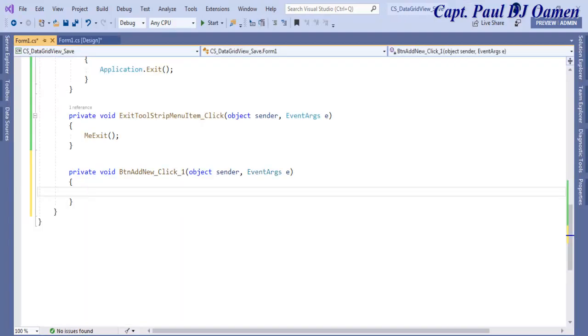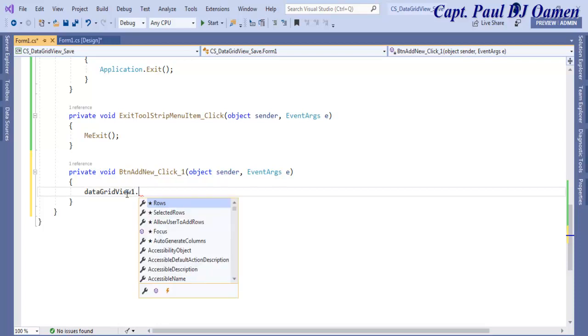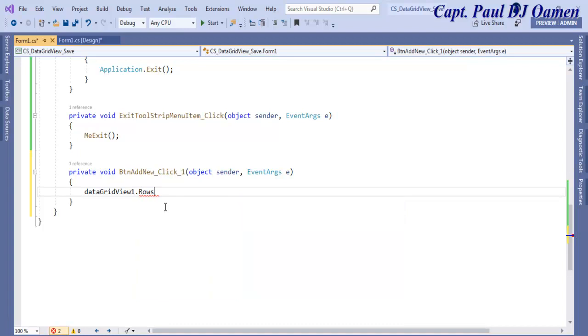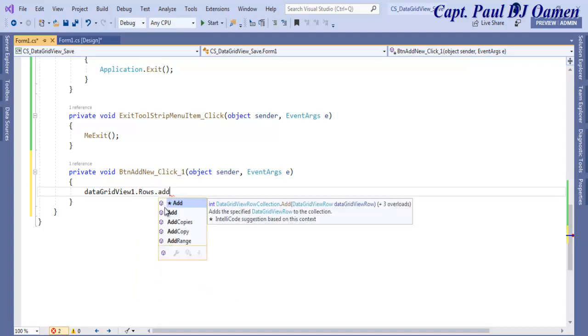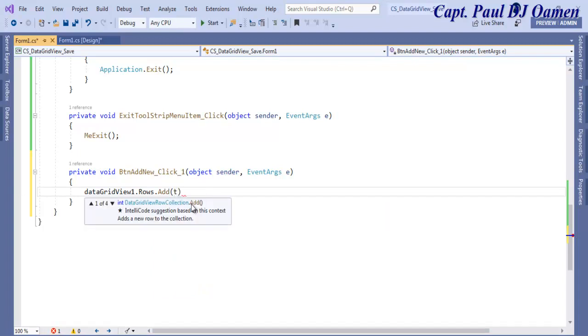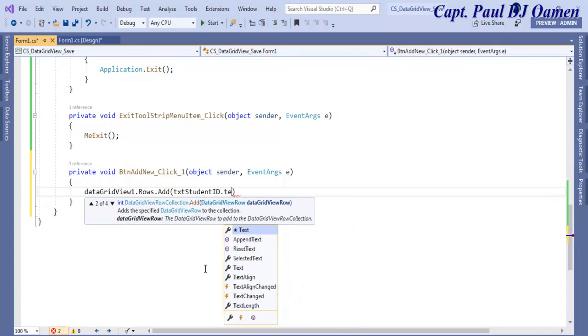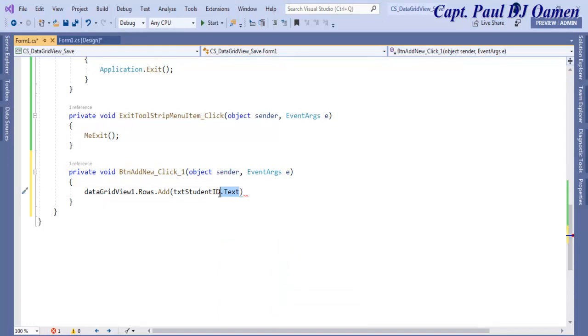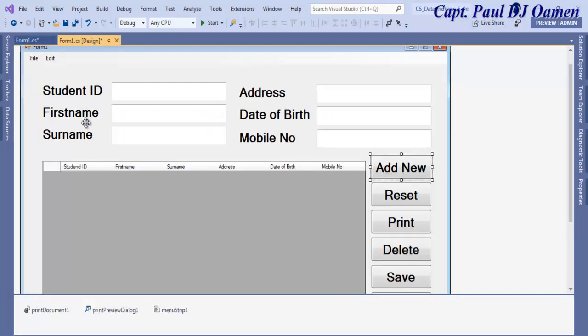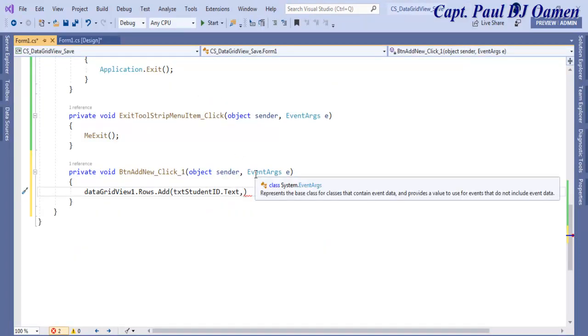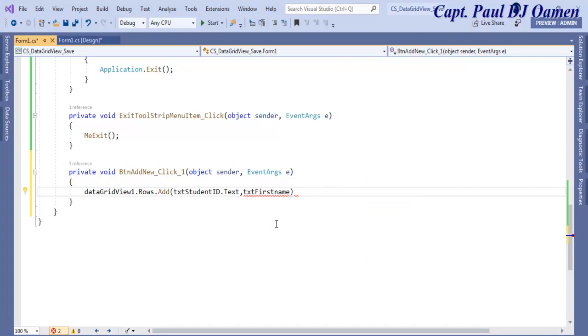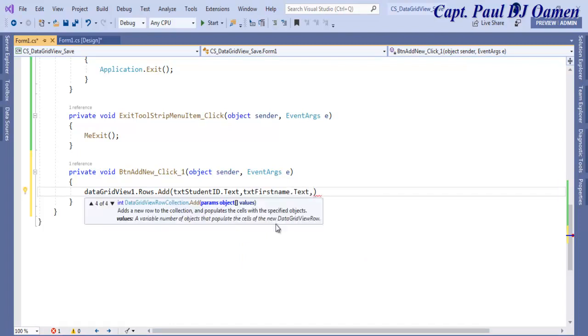double click on this. So right inside the add new, we need to say DataGridView.Rows.Add there, and the name of each object that we want to add. The first one is txtStudentID.Text. That's the very first one. I'm just going to copy that. After student ID, enter a comma there. The next one is first name, txtFirstName there, and txtSurname